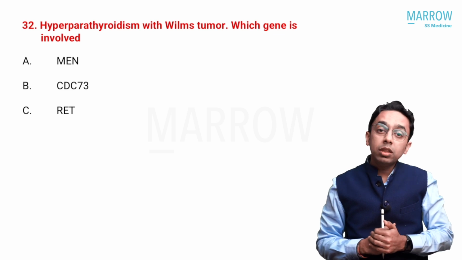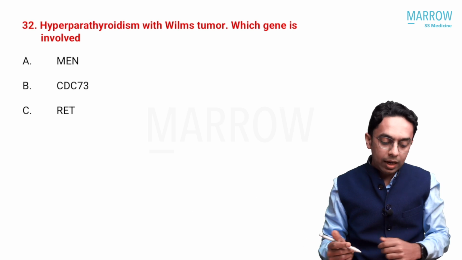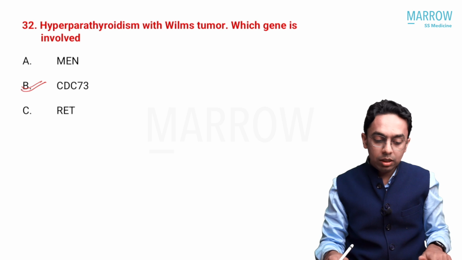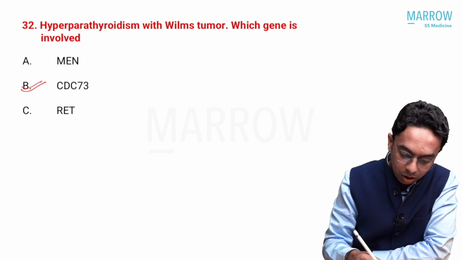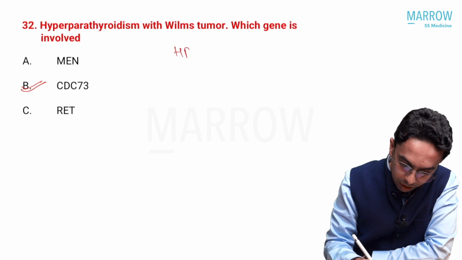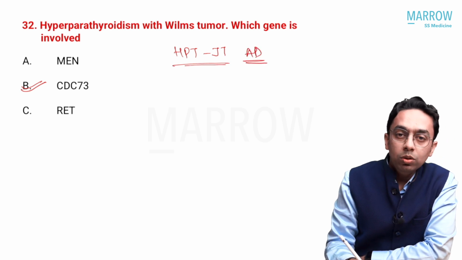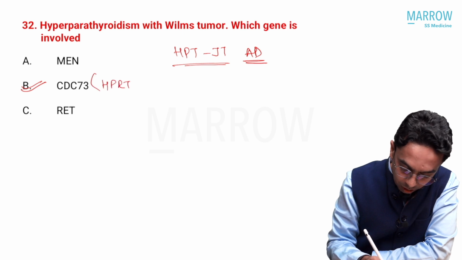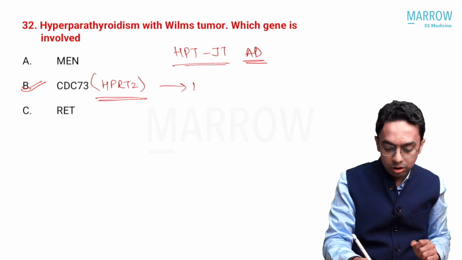Okay. Question number 32. Hyperparathyroidism with Wilms tumor. Which gene is involved? So this is a direct answer here. The answer is CDC73 gene is involved. So what are they talking about? They are talking about hyperparathyroidism jaw tumor syndrome, which is autosomal dominant, due to CDC73 gene defect, HRPT2, right? And it's an autosomal dominant condition. What does this gene produce? This produces